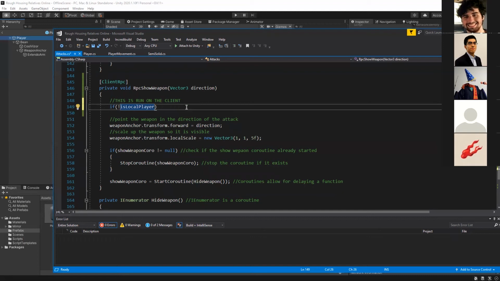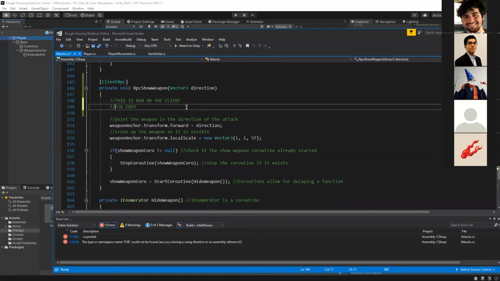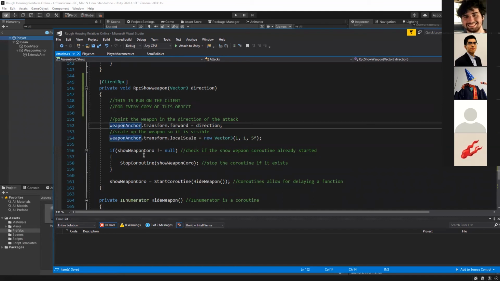Well, maybe, but in this particular case, we do want this to run at every client because every client should be able to see that you did the attack. So we don't actually need this here. This is run on the client for every copy of this object. Right, did that explanation make sense?